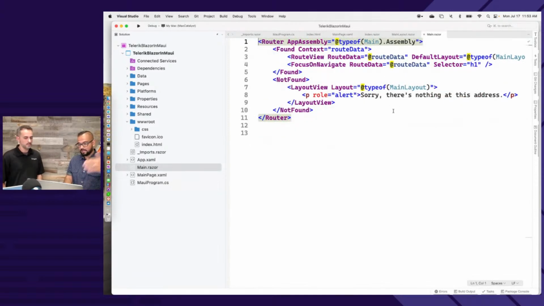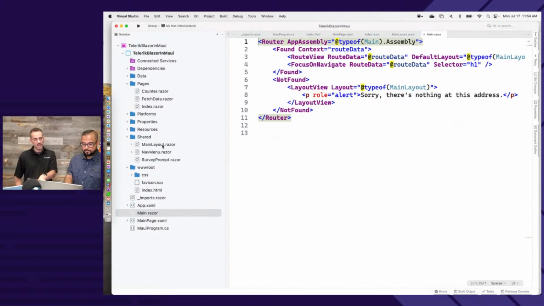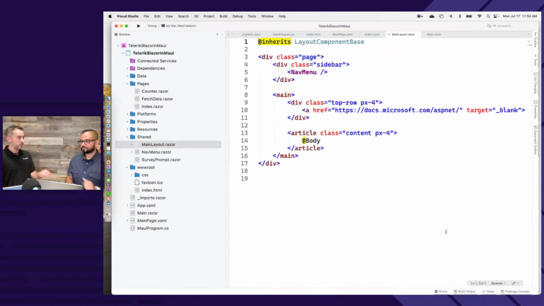This is exactly the same Blazor setup that your web apps use. It's pointing it to the router, so it knows how to get stuff, and then it eventually falls back into Index.razor to load up the first view. That layout view line there on line 7 is pointing to MainLayout. Yep, that's right here. So that's booting up your first UI view.